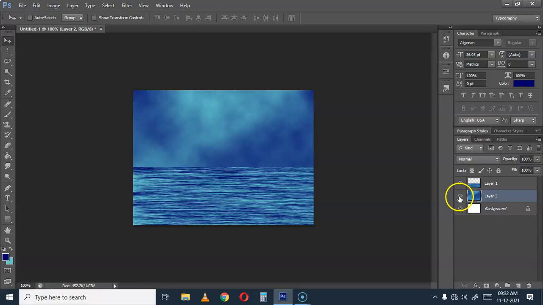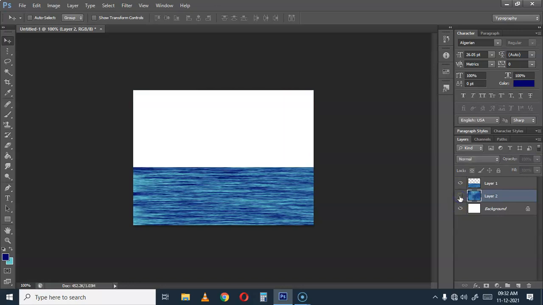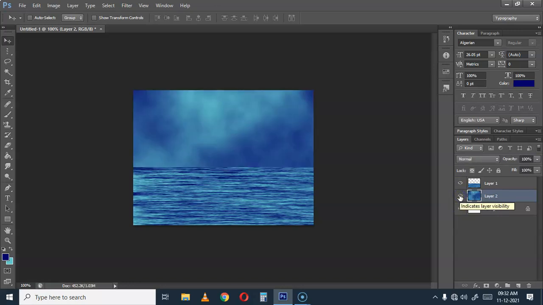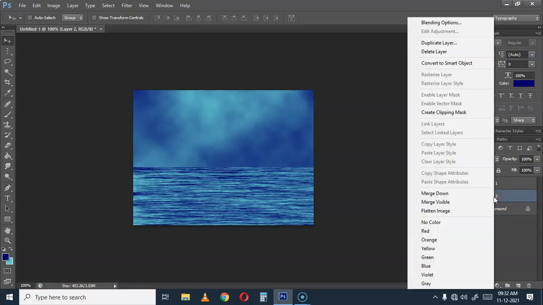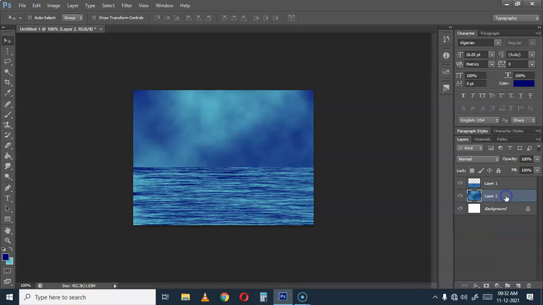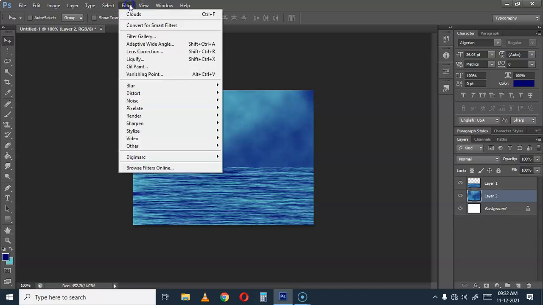You see this eye, when I click on the eye, you get it on and off. You can hide and unhide that particular layer. So I have selected layer 2 right now. You can even right click and rename the layer to whatever name you want to give. Right now I am not renaming, children. I will just select the layer and I come to filter, render and